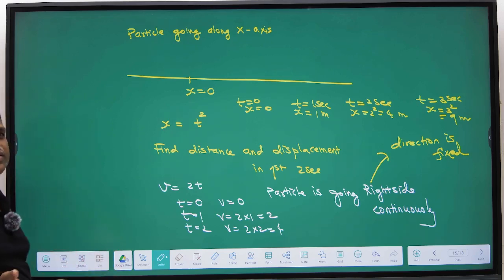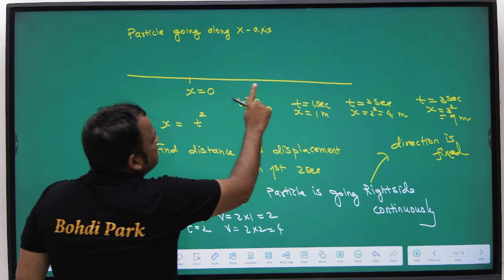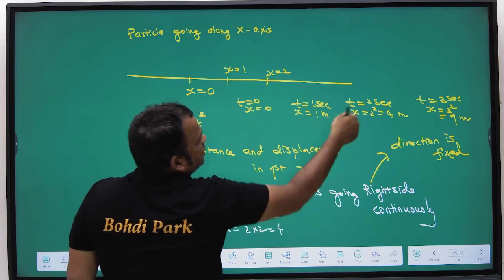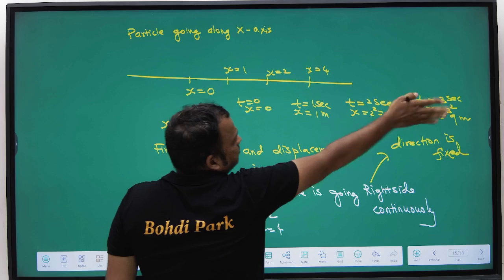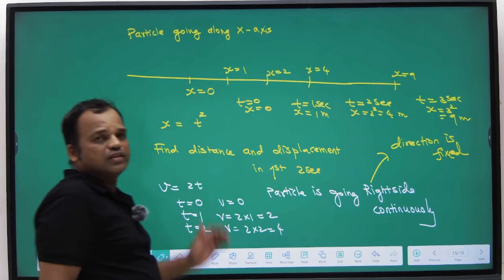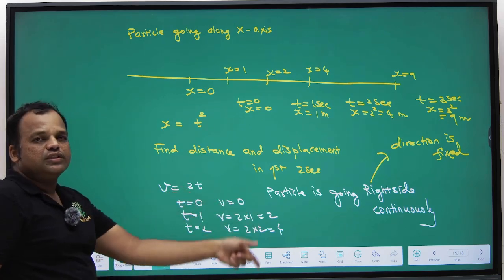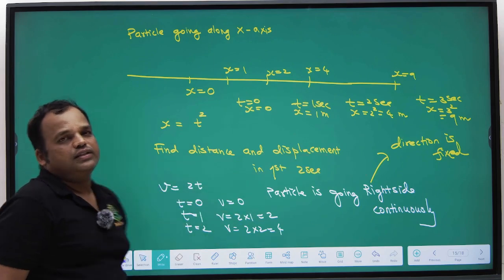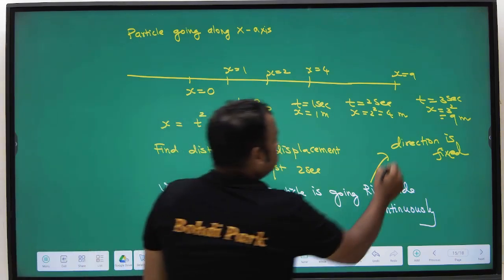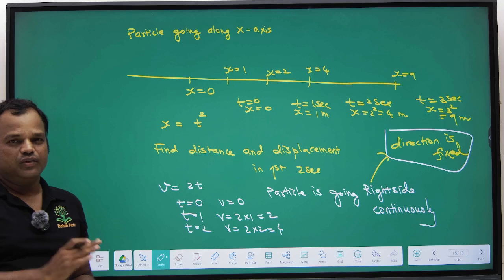Increase means change, decrease also change, but here it is increasing. So the particle is going along the x-axis, right side. x is equal to 1, after some time 2, then 4, after some time we have 9 meter also there. So position is increasing, so the particle is going right side. And we have found using velocity also, velocity is positive, that means the particle is always going right side. So when the direction is fixed, displacement and distance both are equal,